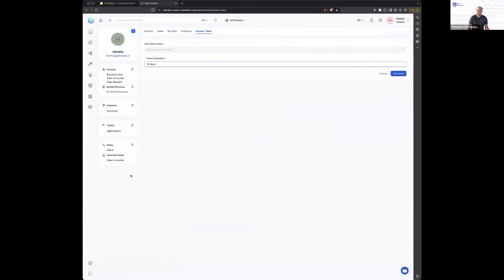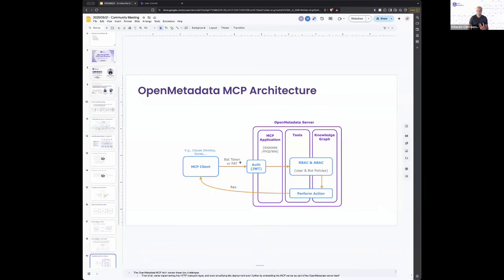My roles, my inherited roles, and all the policies that are restricted for me will be taken into account. So the great advantage of using this personal access token is that in my Claude Desktop, I can connect to my OpenMetadata server using my personal access token. Whenever I make a request through the power of LLMs, it assumes my identity through the personal access token and makes these calls into MCP.